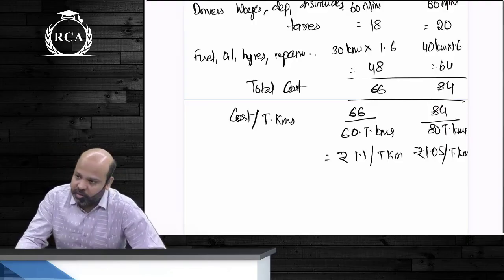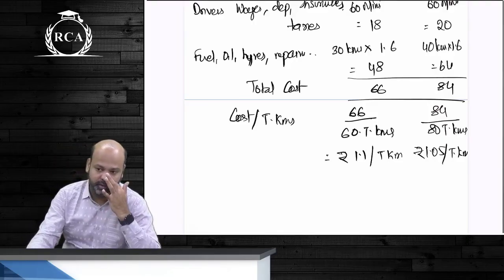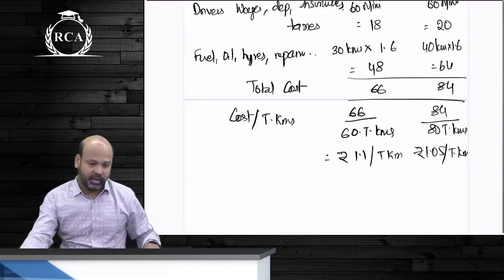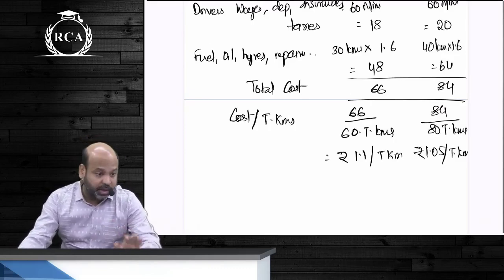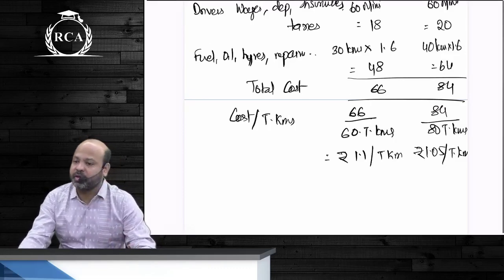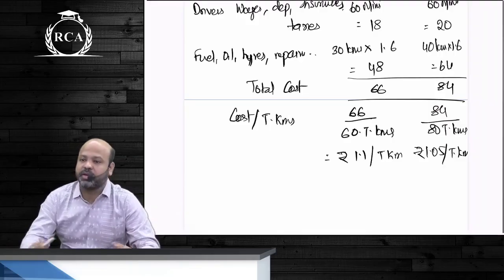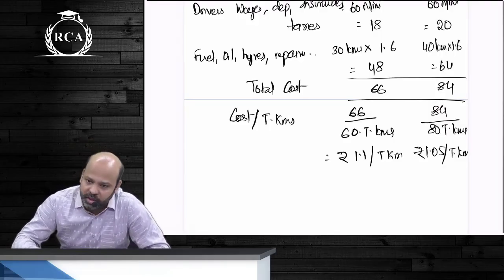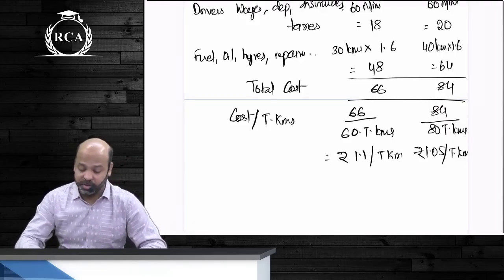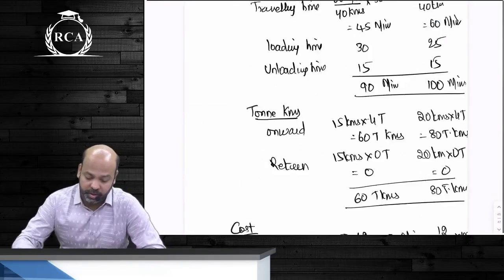Are we clear? Cost per ton kilometer is also important, guys, when they try to fix the price based on that. Do you understand what I'm saying? Do not always compare cost per ton kilometer. Look at the requirement of the question, use your brain as such, guys, and then accordingly decide which variable should be compared. Any doubt in this part now? Let's copy, guys.